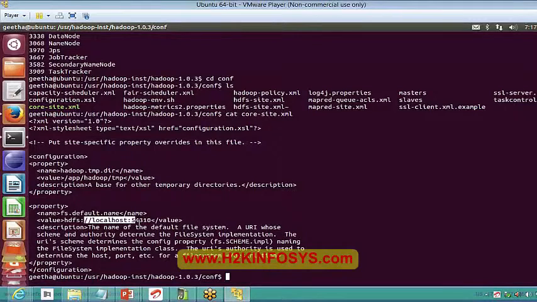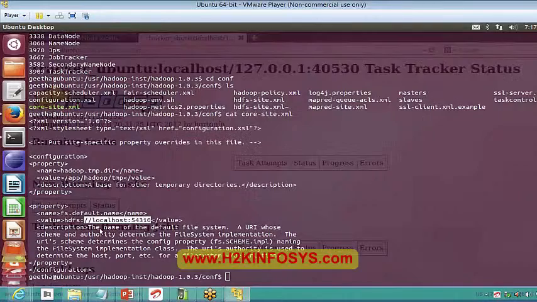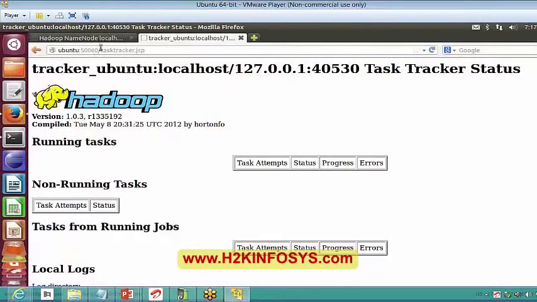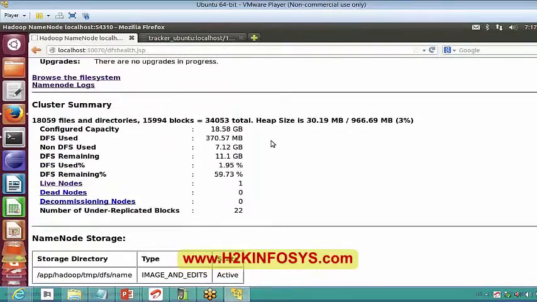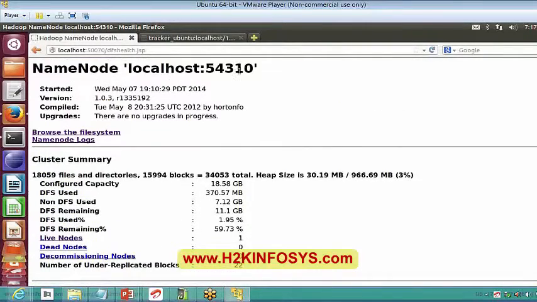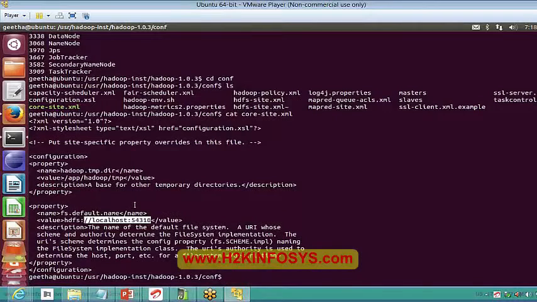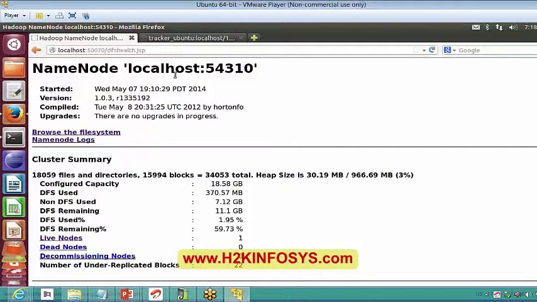When we saw the local web interface, you saw this one only, right? The name node is connected to localhost 54310, so that's what it is mentioning. If I give any other port, it may connect to 8020. That is the default port we use in distributed environments for connecting to the name node. So if I give localhost:8020 here, I would be connecting to the name node at that particular port.